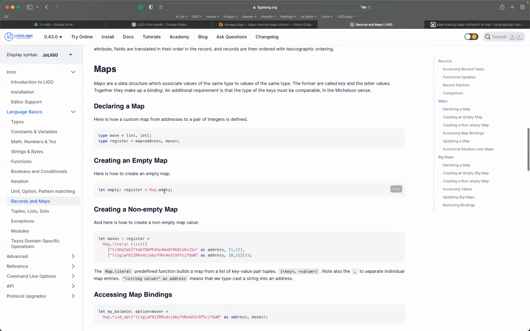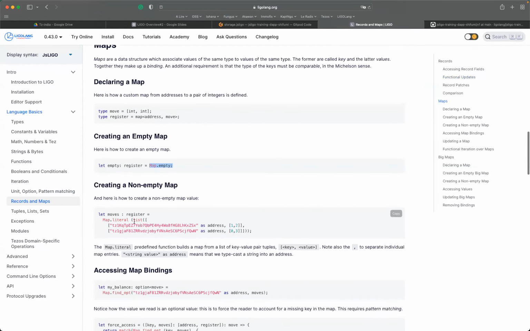In order to create a map, we call the basic constructor, which is map.empty. You can also create a map with literals. So map literals take a list of pairs, okay?